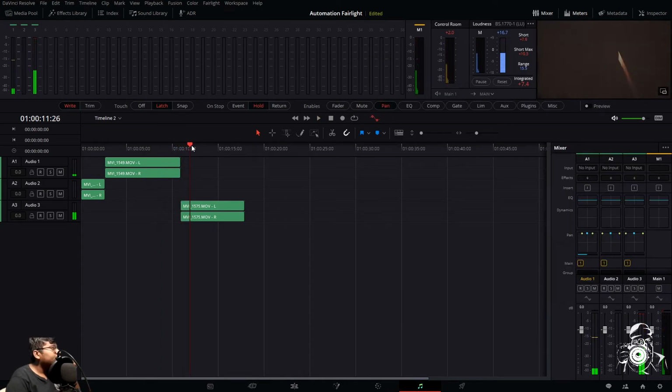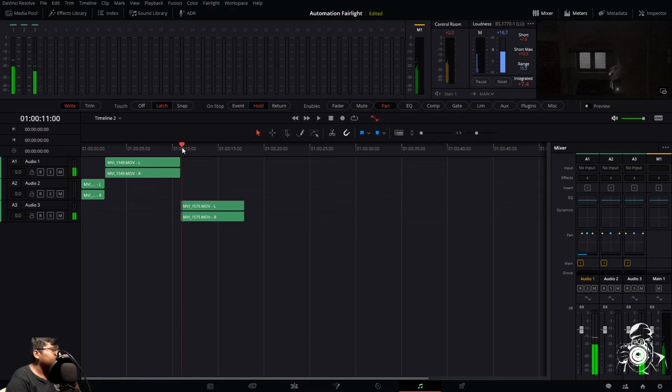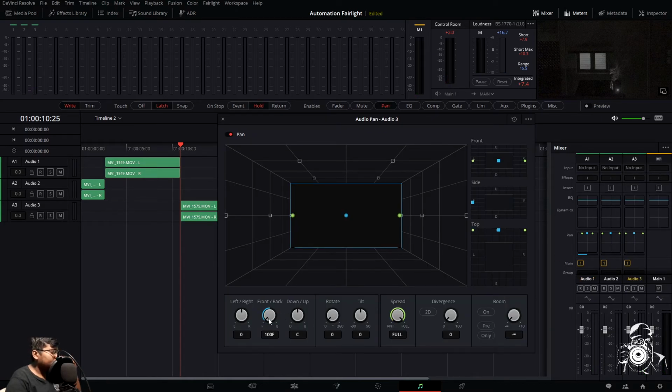Okay, now let's automate for this one, which is audio 3, and here it's going from left to right. So first let's put it on write. See, I just dragged the controls over here and it started recording.